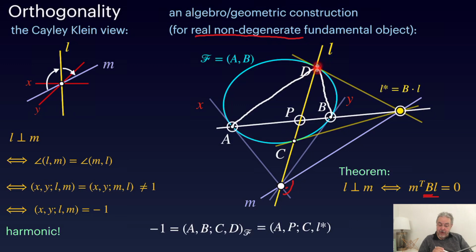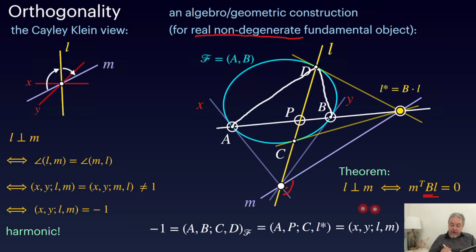These 4 lines are in harmonic position because we had a harmonic position of the 4 points here. So this implies that our 4 points here are in harmonic position. But now look, our 4 lines that we have here really are the joins of this point, the white point here, and the 4 points, which means that our 4 lines are also in harmonic position, which finally proves that L and M are indeed in an orthogonal position. I know this was a tough one, but